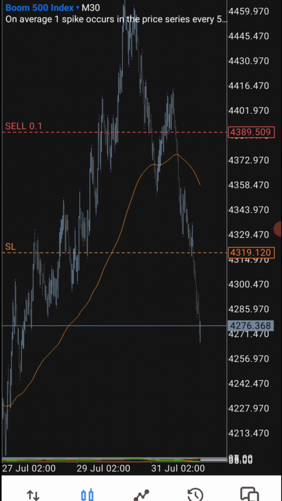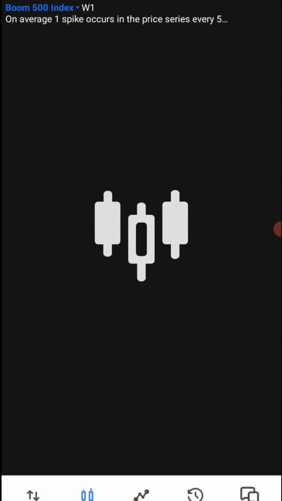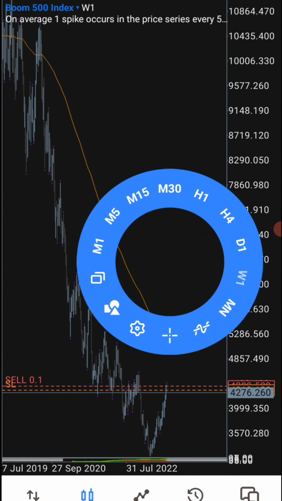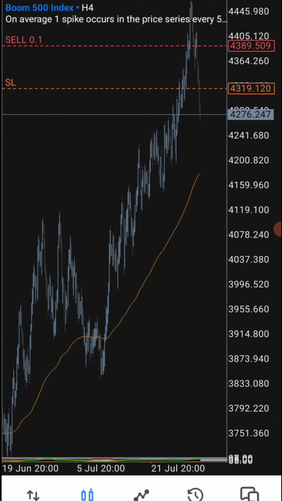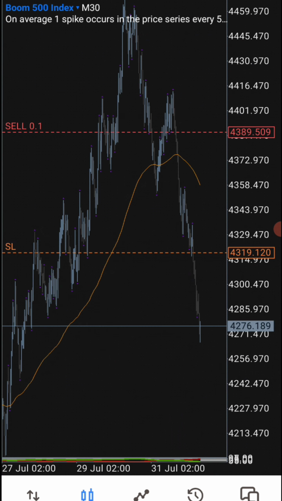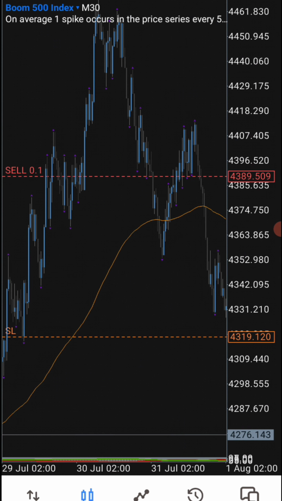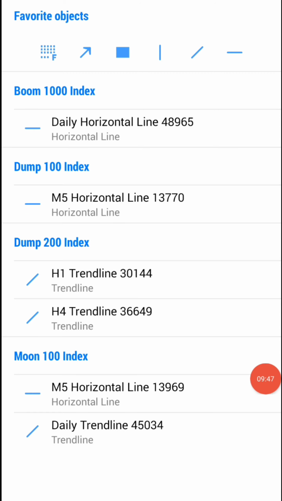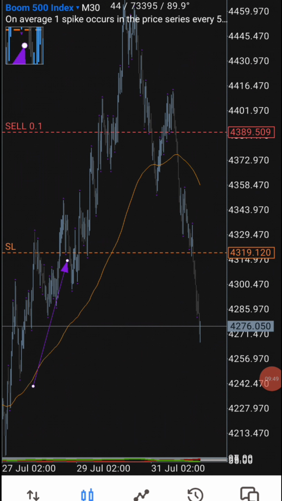What I saw, number one, on weekly time frame, I saw that yes, the price is actually on a bearish move, obviously, but on 4 hours it's on a bullish move. How can I take advantage of this? I discovered that on 30 minutes time frame, even though price made a bullish move, okay, from here, price made a bullish move from here,